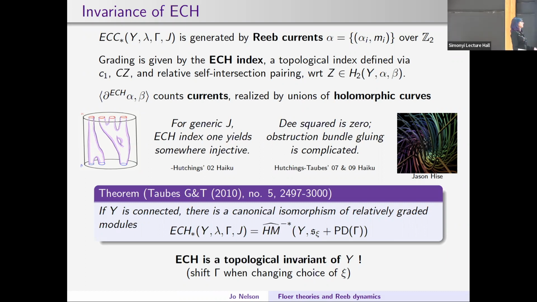Oh, and this picture here, that's by Jason Hayes. So I didn't really want to say anything about Seiberg-Witten Floer homology, but you can think of it as a kind of Morse theory for the Chern-Simons action functional. And then you're looking at a spinor equipped with a U(1) connection. And spinors are more special than tensors or vectors because they can detect different homotopy class changes in